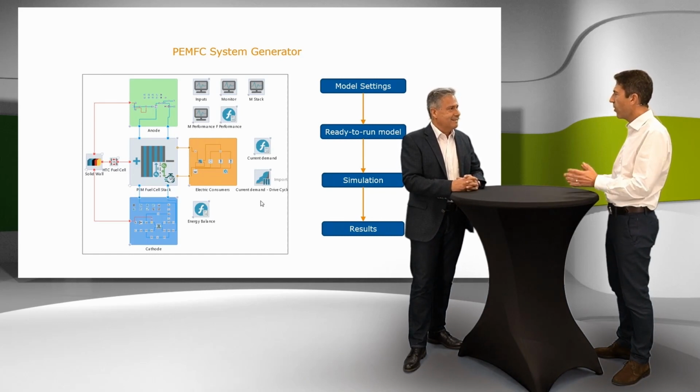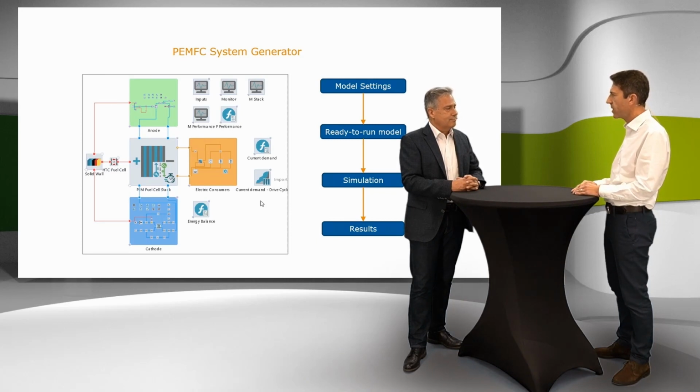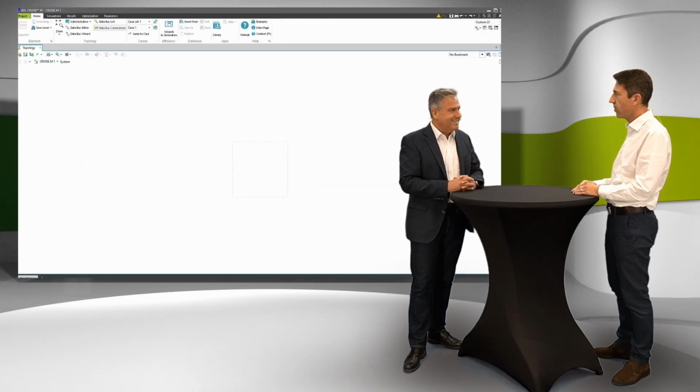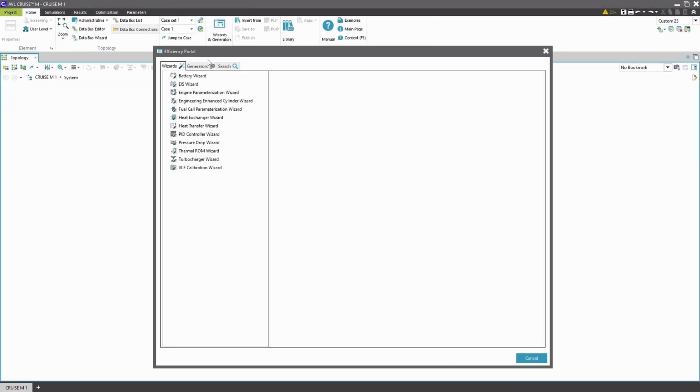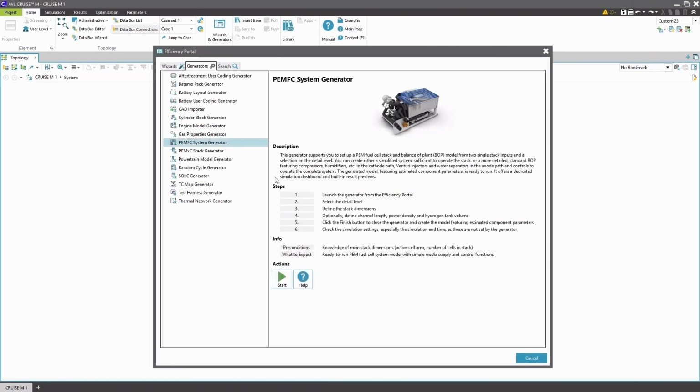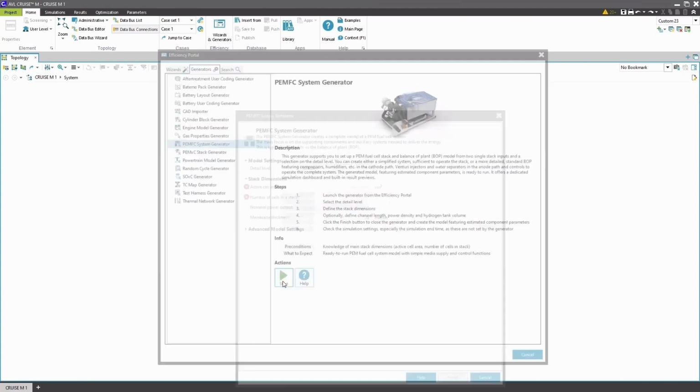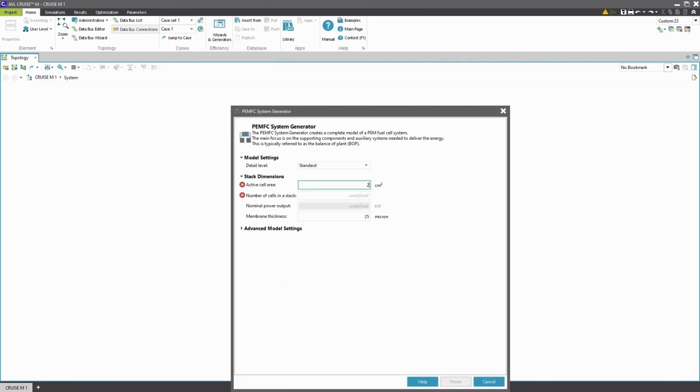Sounds great. How can I imagine what this really looks like from the usability side? What is necessary for the user to really do in the tool? Yeah, let's have a short look at the PEM fuel cell generator. So you simply open the CruiseM GUI and you start the system generator, and then you simply type in the active area and the number of cells in the stack, and based on a generic configuration in the background, the